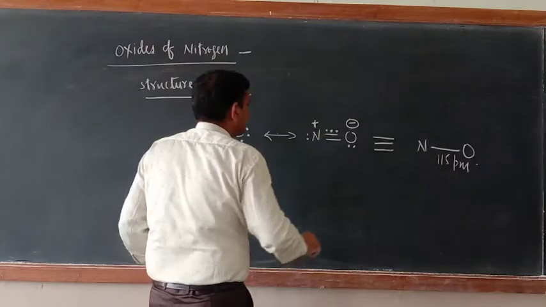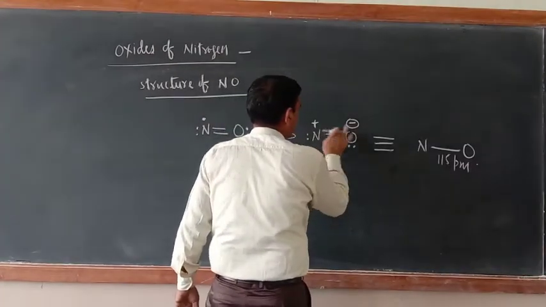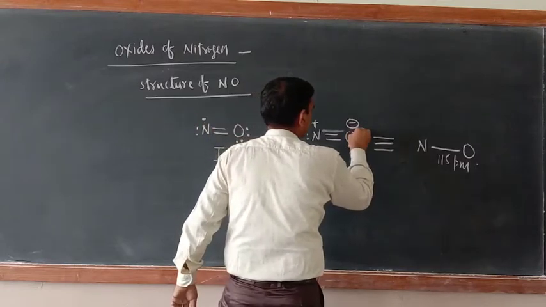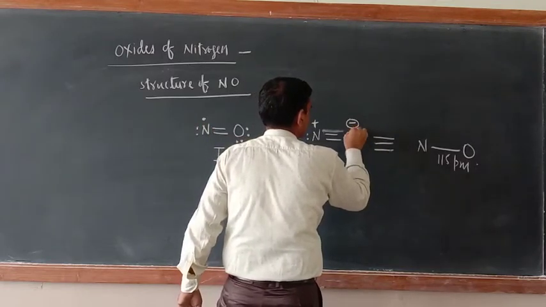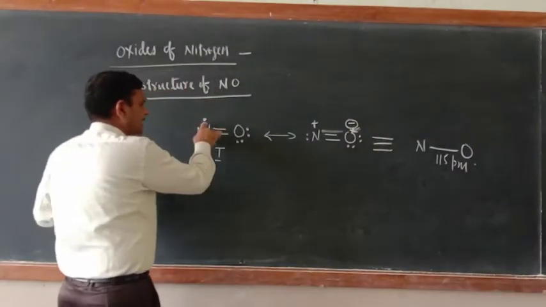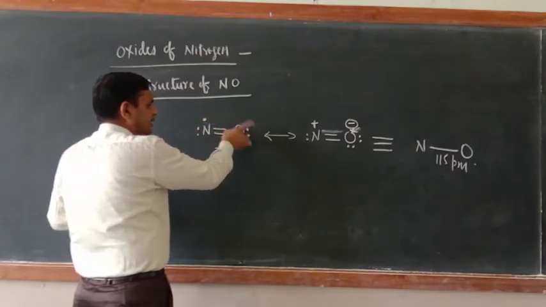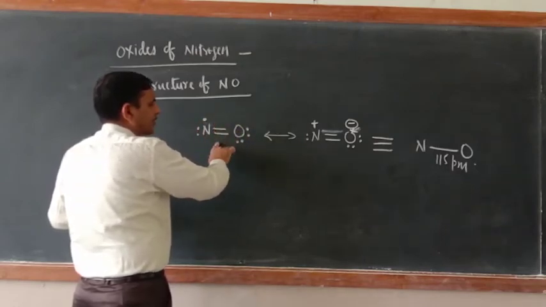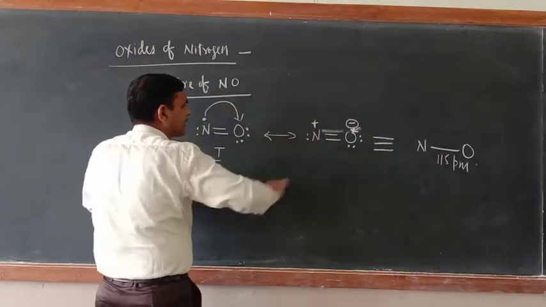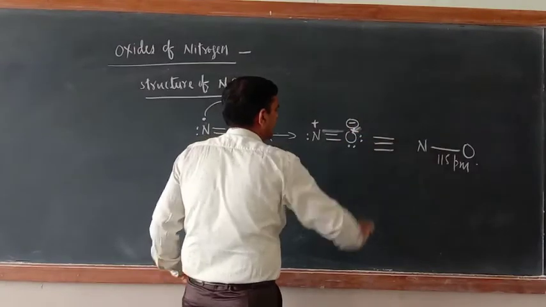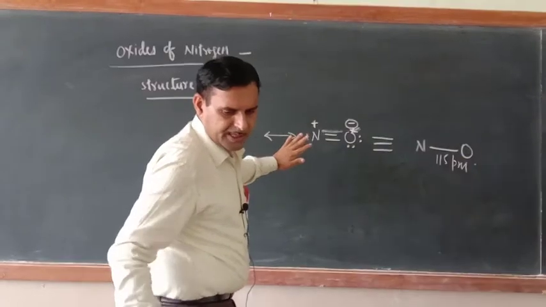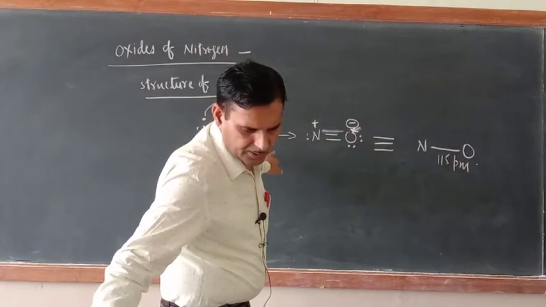Otherwise you do one thing, just see. Let it be here 2 electrons and this electron should be given here at this position. So shifting of this means this electron is not localized at nitrogen. It is oscillating between nitrogen and oxygen. That is why here nitrogen has a positive sign, because this electron is coming here, and this oxygen is negative because it is receiving that electron. So these are the two standard structures of nitrogen.